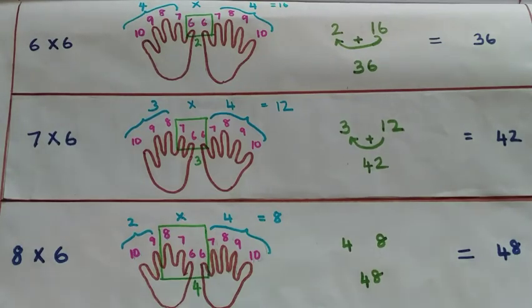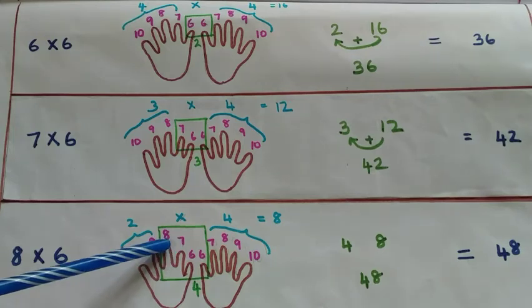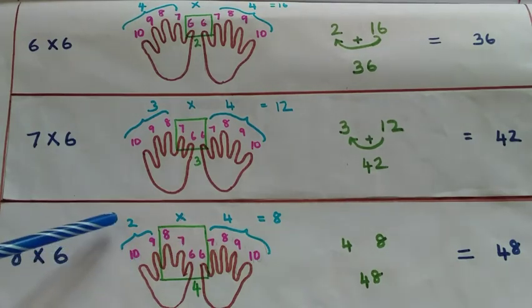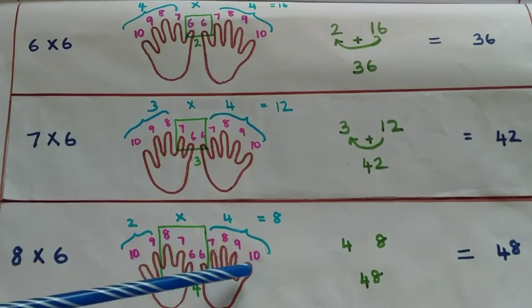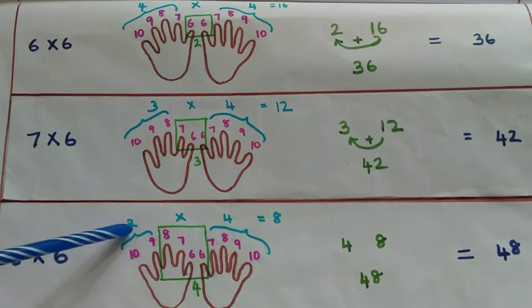So the middle finger of your left hand becomes the 8th finger and the baby finger on your right hand becomes the 6th finger. So you need to touch those two fingers by rotating your hand and find the number of fingers that are in between, including these two fingers as well. So there are 4 fingers which has to be written here, and find the number of fingers that are on the other side of this finger, which is 2, and find the number of fingers that are on the other side of this 6th finger on the right hand, which is 4, and then you need to multiply 2 and 4 to get 8.